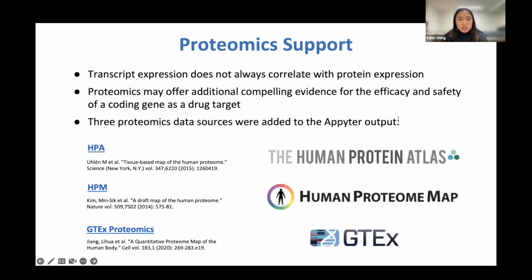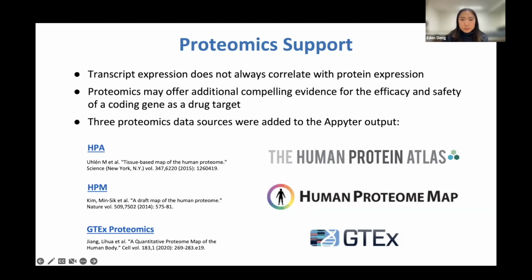My own contribution to this Appyter was adding visualizations of protein expression from 3 different protein atlas efforts. Having protein expression from normal cells and tissues is really useful because we know that mRNA expression of gene candidates doesn't necessarily correlate with protein expression. So with proteomics data, we can have some additional evidence for the safety and efficacy of a gene's coded protein